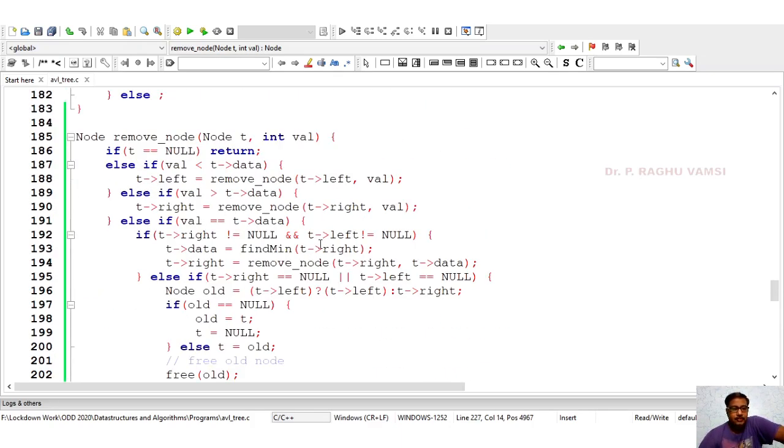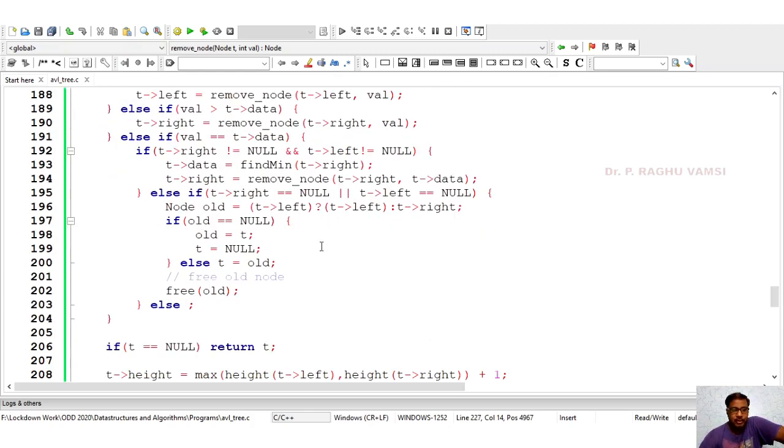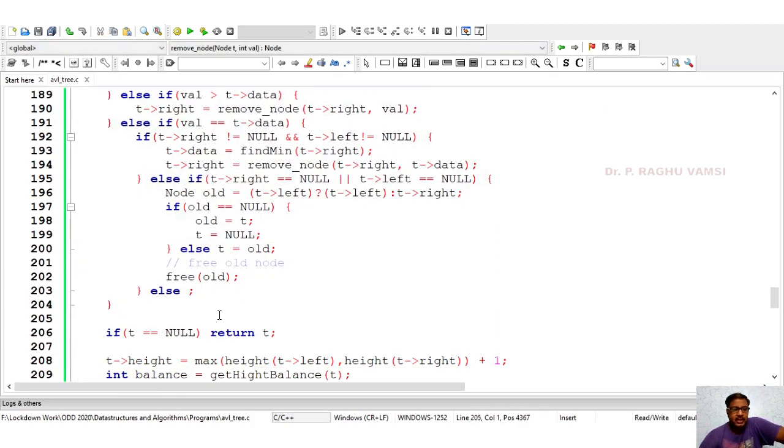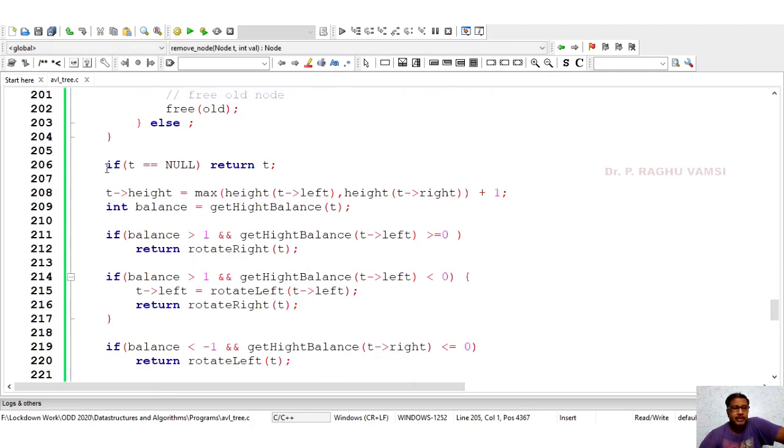So this is the removing of a node. So first, whatever operations we have done is just like binary search tree only, but from here onwards, the height balance will take place. The height balance is like this: t height is equal to, first we'll calculate maximum of height of t left comma height of t right, plus 1.